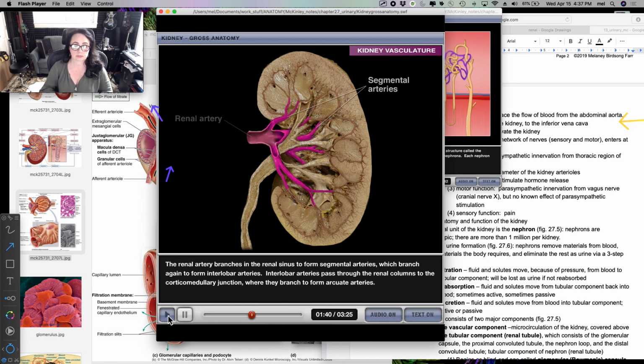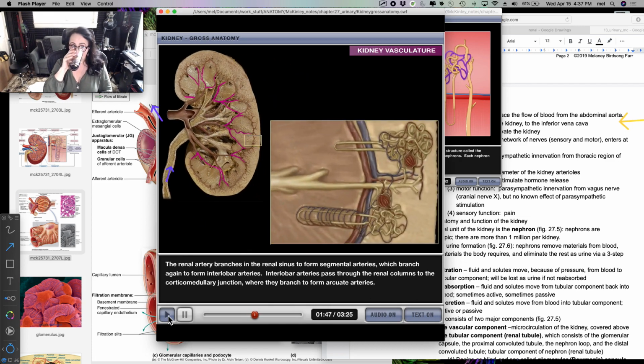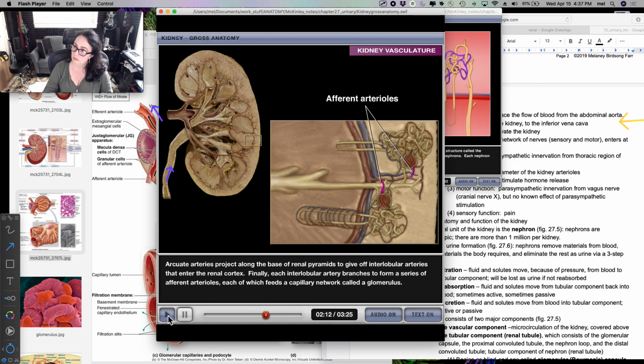Renal sinus to form segmental arteries, which branch again to form interlobar arteries. Interlobar arteries pass through the renal columns to the cortical medullary junction, where they branch to form arcuate arteries. Arcuate arteries project along the base of renal pyramids to give off interlobular arteries that enter the renal cortex. Finally, each interlobular artery branches to form a series of afferent arterioles, each of which feeds a capillary network called